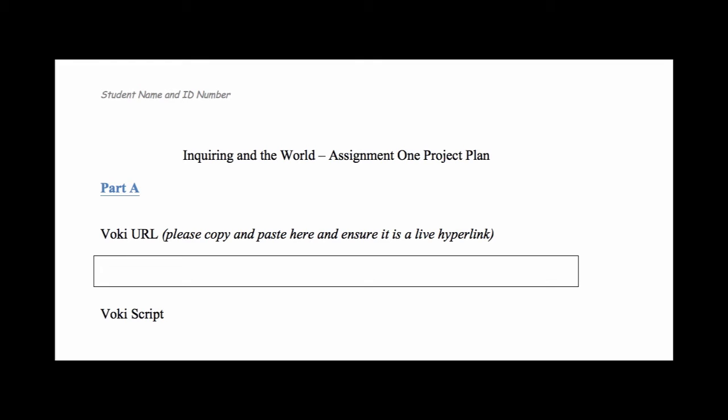The next part of this is your VOCI script. And just remember here that the VOCI script is the 75 words that you'll have spoken into your VOCI. And when you're preparing the VOCI, do bear in mind that it can't be just any avatar or background. The avatar should show some clear connection, or as clear a connection as possible, to the topic, which is environmental sustainability,